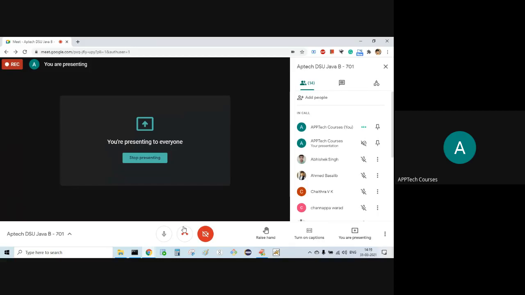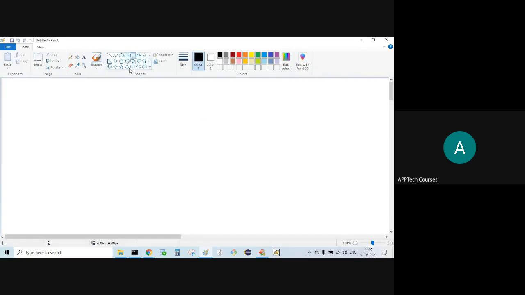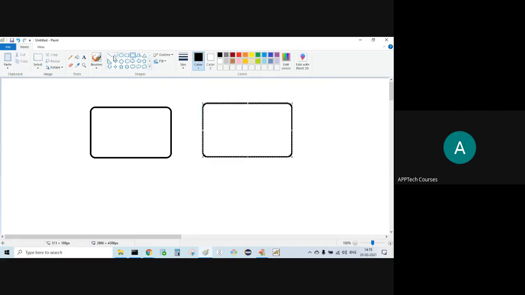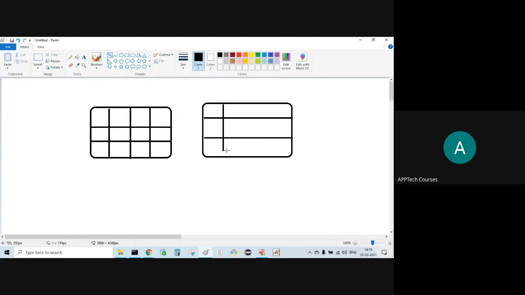How to analyze? Observe here. This is one matrix. This is another matrix. Rows and columns will be there. This is two matrices.